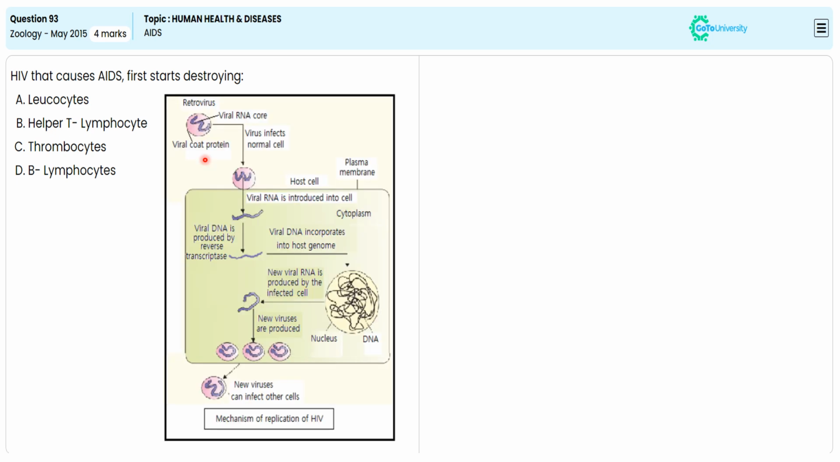HIV, after getting entry into the human being and dominating the neutrophil and macrophage, enters into the helper T lymphocyte. In the helper T lymphocyte, it makes its own DNA from the RNA with the help of the reverse transcriptase enzyme. The HIV DNA, after getting incorporated into the helper T lymphocyte DNA, makes the helper T lymphocyte produce